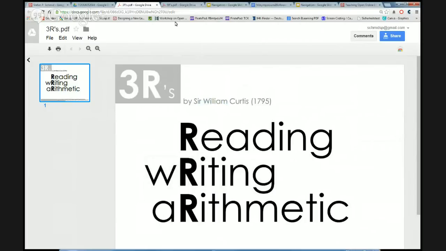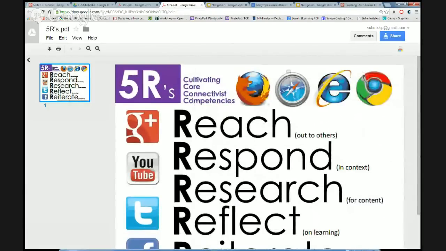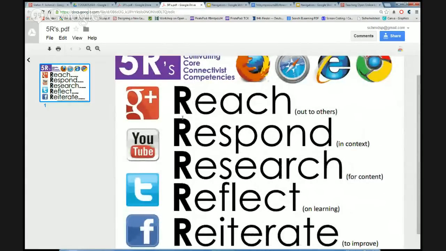So there is a second one that was published last year, by myself and Dr. Paul Kim of Stanford University, and we call it the 5 R's. These are the basic competencies that we feel are needed in this new open online world. We're not just talking about the online world. We are talking about the open online world, which came about because of the event of MOOCs. Now, what do we mean by the open online world?